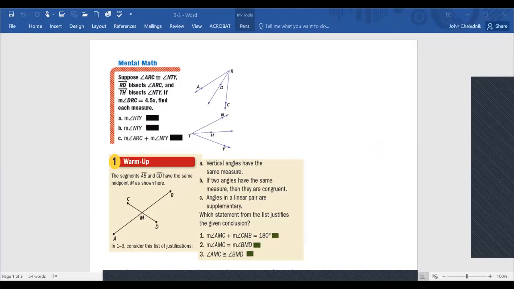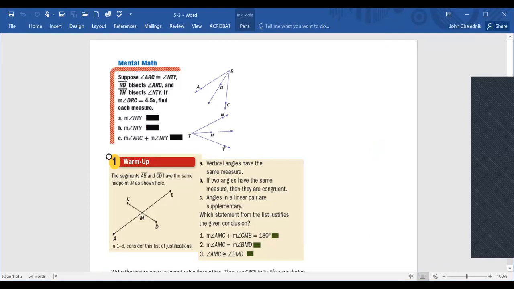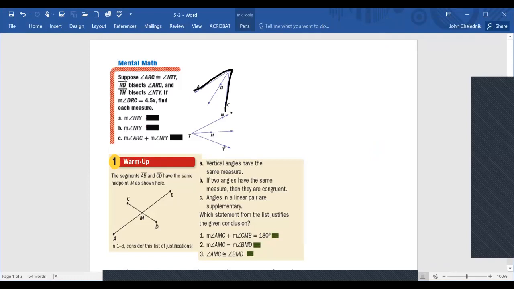It says in the mental math here, suppose angle ARC is congruent to angle NTY. So that means this angle is congruent to this angle. It says RD bisects ARC. That means these two parts are congruent. I'm going to put curvy squiggles in there to show that. It says TH bisects NTY. Well, since the two angles are equal and they're both being bisected, that means all four of those little angles